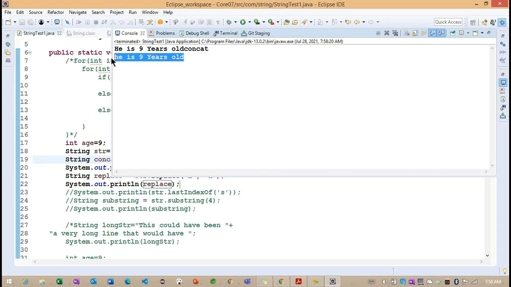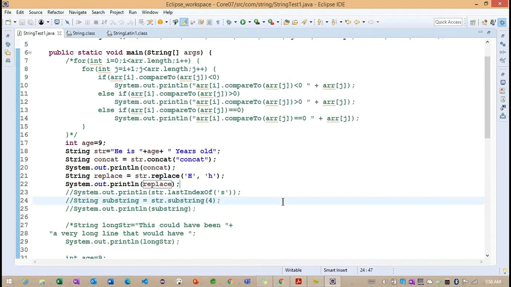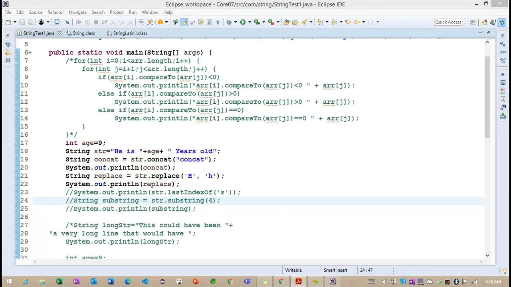Now you can see the replace method. Whatever character we had, we replaced it with our small character. Previously we had capital H, now I converted it into the small h. So this is the way we can replace particular characters here, right? This is the purpose of the replace method. In the same way, for strings also we can go for the replace method. We can define the existing string and we can override it with the new string here. Getting the point? So this is all about the string.